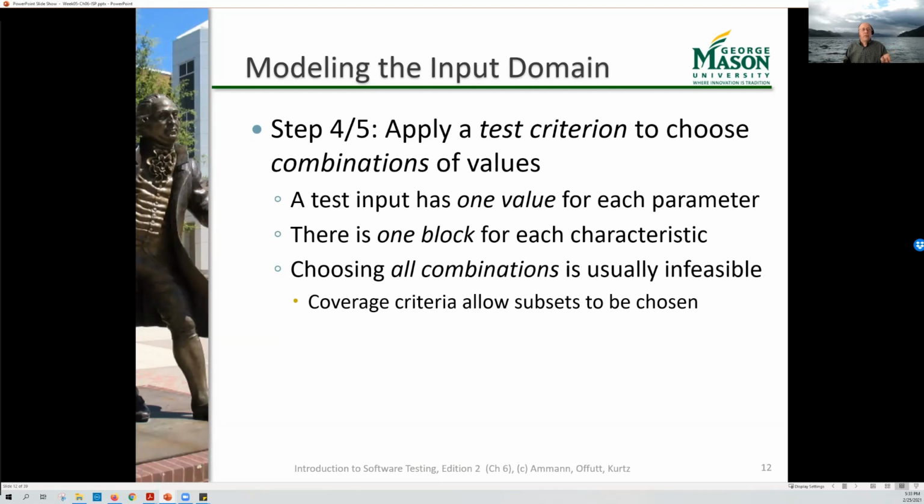What's a test input going to be? Well, a test input is going to be a value for i and a value for j, taken from one of the blocks of i and taken from one of the blocks of j. And the example that I gave earlier, well, let's just choose all the combinations, right? i is less than 0, j is less than 0, i is less than 0, j is 0, etc. As we build our way up into real input domain models for anything with any complexity, choosing that, let's just do all the combinations, is usually